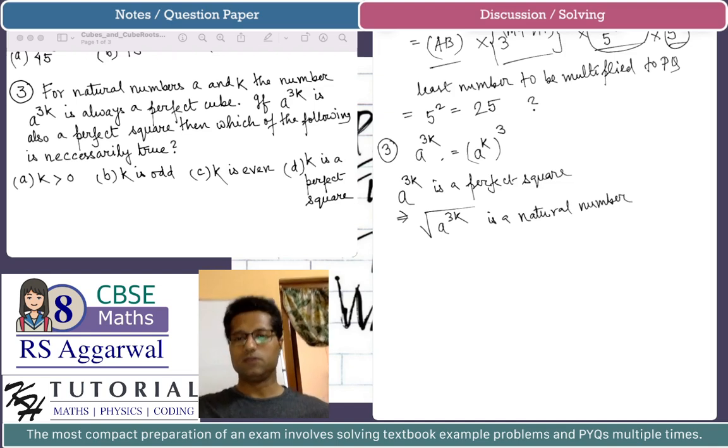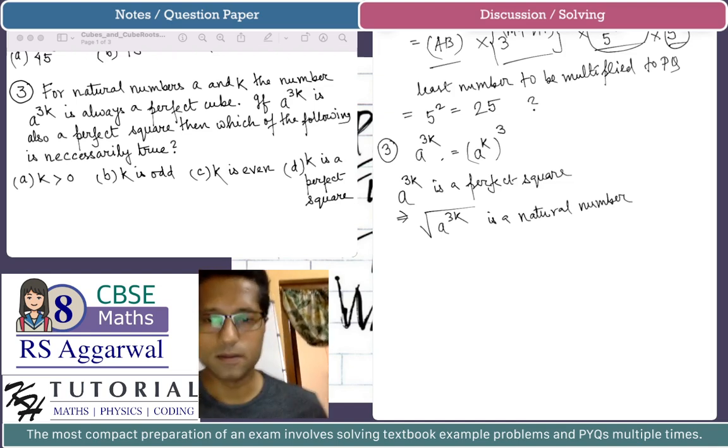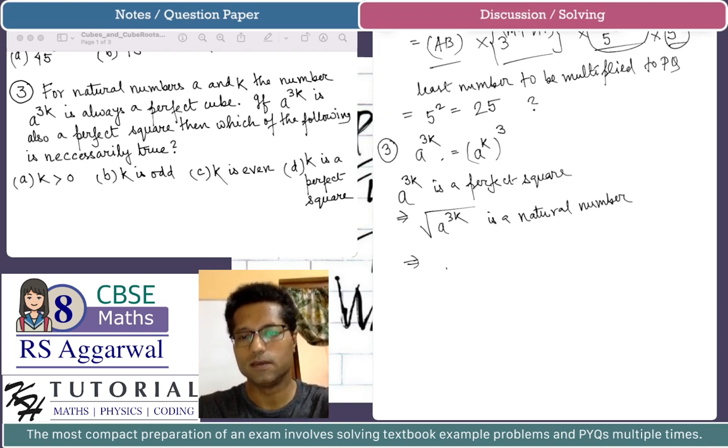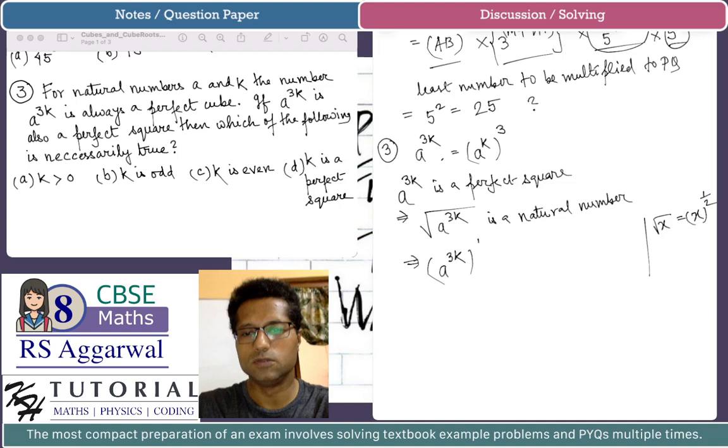If a to the power 3k is to be a perfect square, then we must have the square root of a to the power 3k to be a natural number. Now, what is the square root of a to the power 3k? The square root of any non-zero number is equal to that number raised to the power half. So we can say a to the power 3k, raised to the power half,